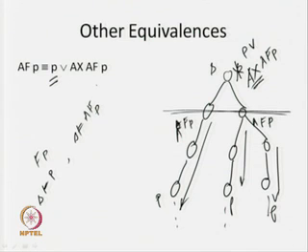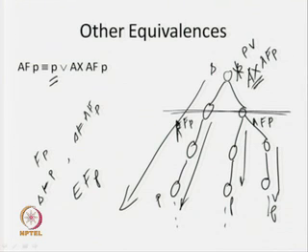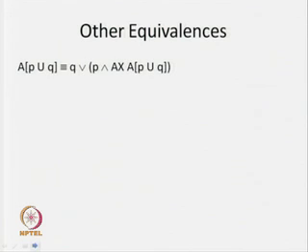So, a similar notion will go for EF P also. In this particular EF P, what will happen? Instead of A, we are going to have E. So, instead of looking for all paths, we are going to look for one particular path only. Okay. So, this is the way that we are expressing. So, this is another equivalence with respect to the future operator. Now, look at the other one, the until operator, A P until Q. Again we are saying that A P until Q is equivalent to Q or P and AX A P until Q. Again we just see that particular.